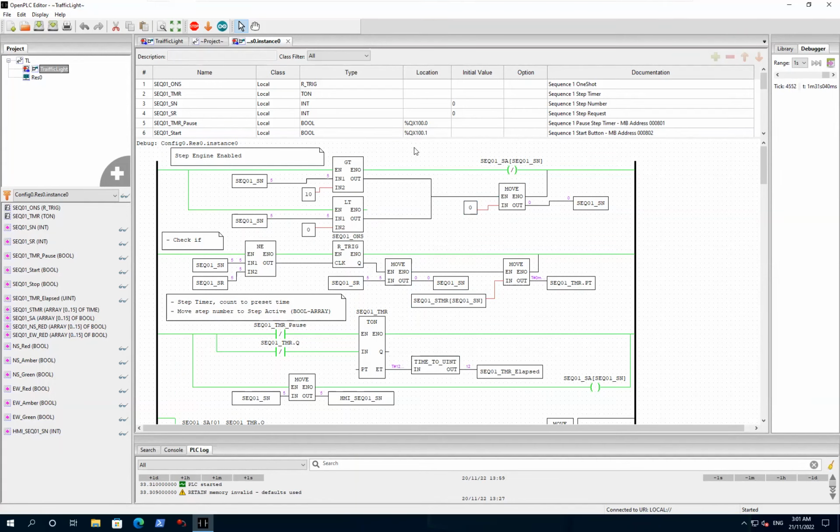Hopefully that's explained everything to you. Like I said, it's a bare bones step engine, so you can program a process that you like. If this is not your forte, that's fine. If you'd like me to create an actual process, just let me know which process you want me to draw up in